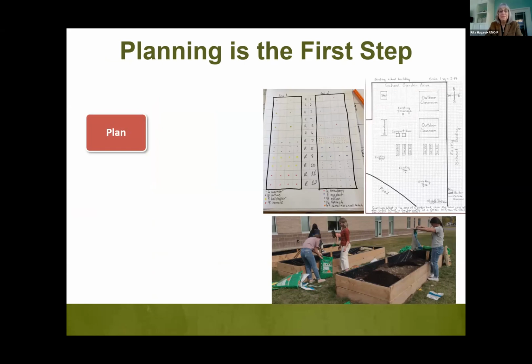This is an important decision. This is the plan from Walcrest Middle School that you can see here, the one that's already under construction. Here are some students helping fill the beds with the soil. So planning is the very first step that the school undertakes.